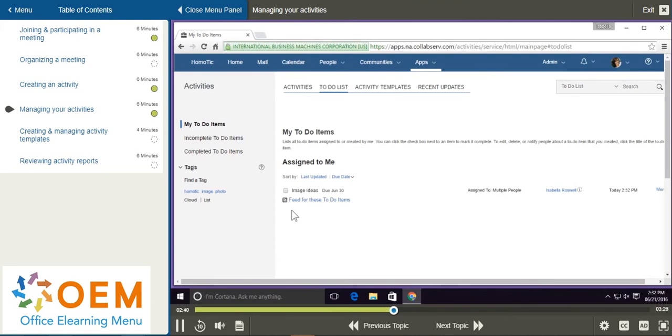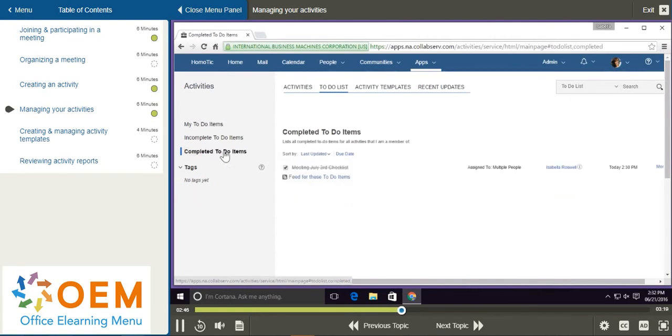If I'd like to see my completed to-do list items, I can go to the left-hand menu here and select Completed Items. So from here, I can keep track of which to-do items that I've completed. If I'd like to see incomplete items, I can select that option here just above. If I'd like to see a complete list of my activities, again, I can go up to the top here